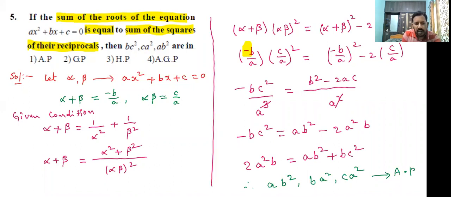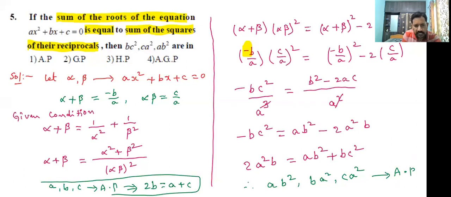A, B, C are in AP series. What is the condition? That is 2B is equal to A plus C. This is already we know that. By observing this, I have written. Here they are asking BC square, CA square, AB square are in